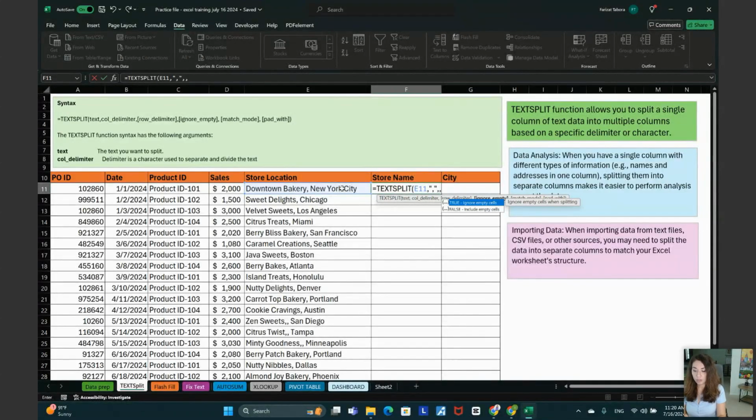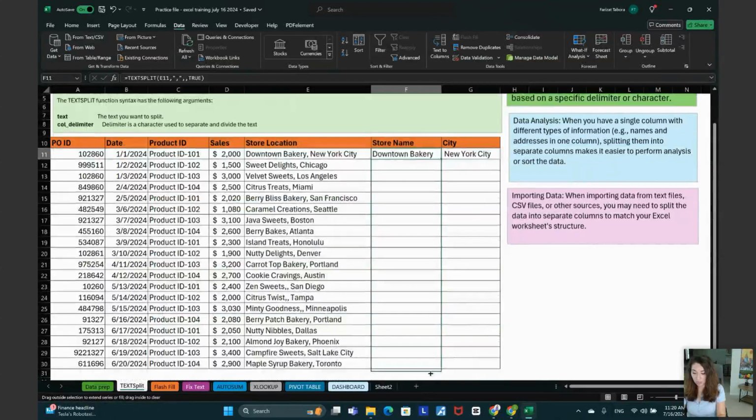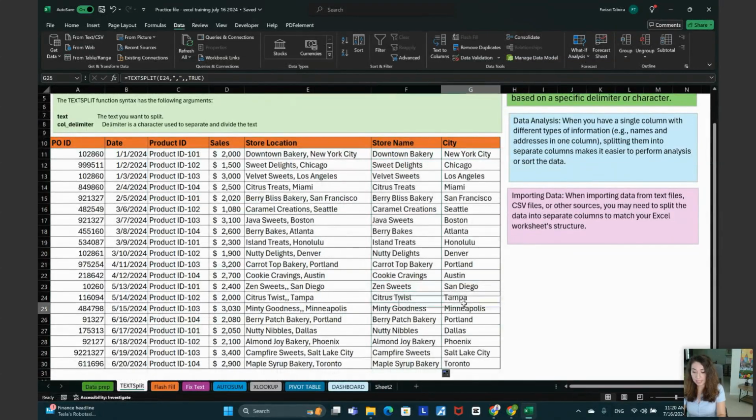The fourth argument, this is what we need. This is to ignore empty cells. If we select true, close brackets and hit enter, let's autofill that down. You will see that Excel ignored empty cells and it actually returned, split the data the way we need it,